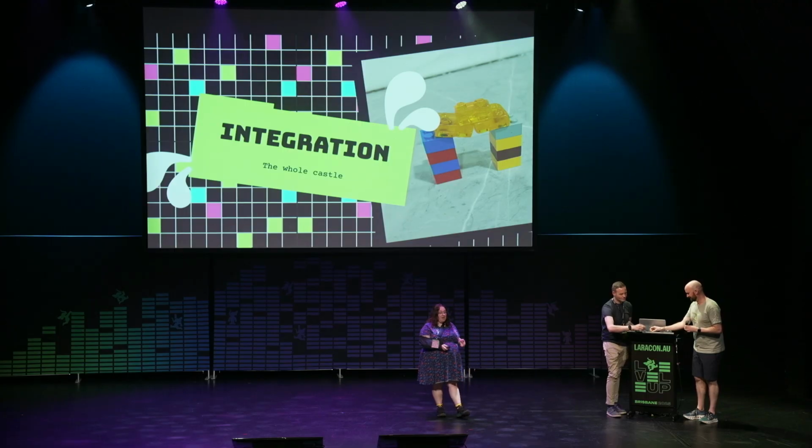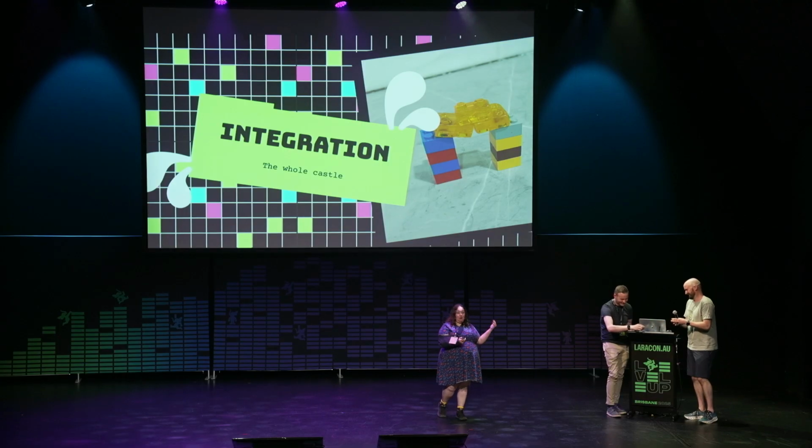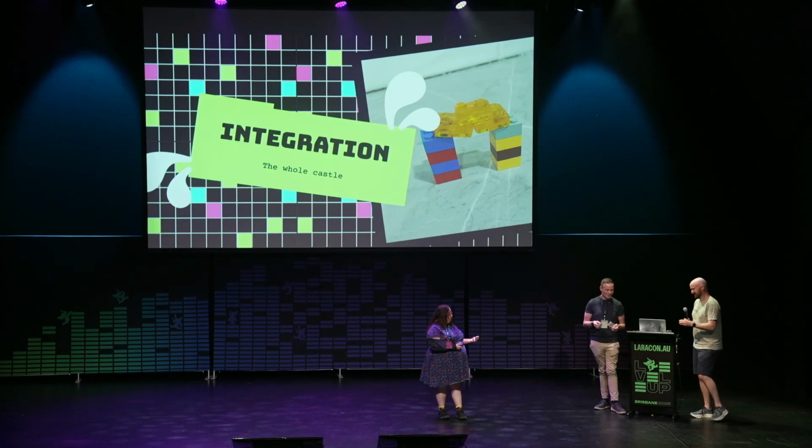So this would be the point we're at where all of our individual brick tests passed, our feature tests have passed, and we now want to bring them together into a whole flow. So could the two of you try and build a tower, build a bridge between your 2 plastic towers? It's a lectern fail here. It's a lectern fail. Lectern fail, yeah. Oh my goodness. Steady. Yeah, it's not going to work.